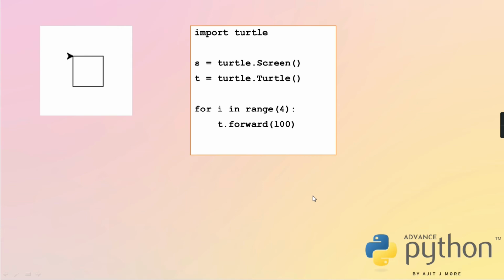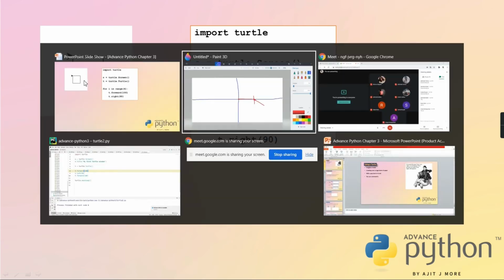So what I have done is in a for loop, I am writing forward 100, right 90. And this pair will go how many times? Forward 100, right 90, forward 100, right 90 will go 4 times. So when this pair is executed 4 times, it will complete a square. Getting clear? You can see the output also.